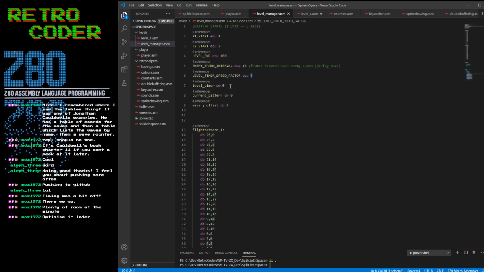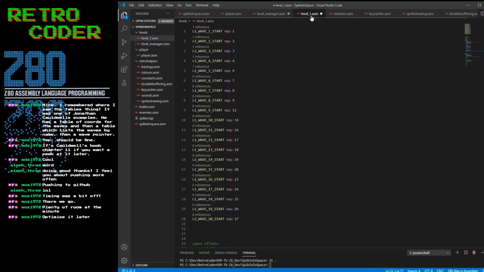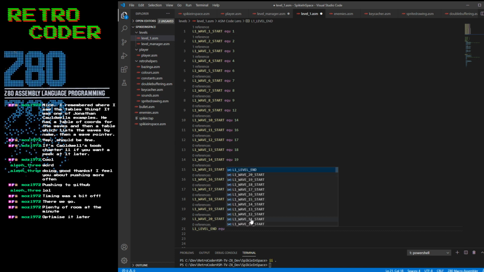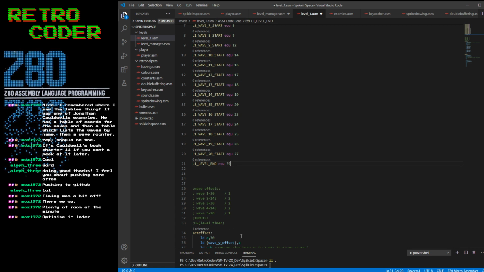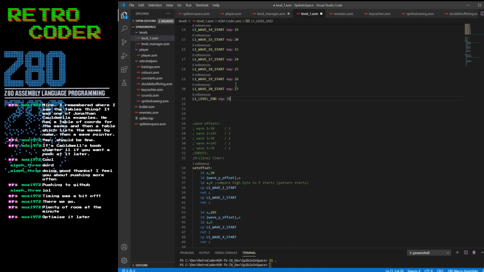Oh yeah, I've also got level end. That should probably just be level specific. Let's give them a bit of time afterwards to actually move the enemies in that. Probably needs to be like, let's say, 35. Probably way too long. But